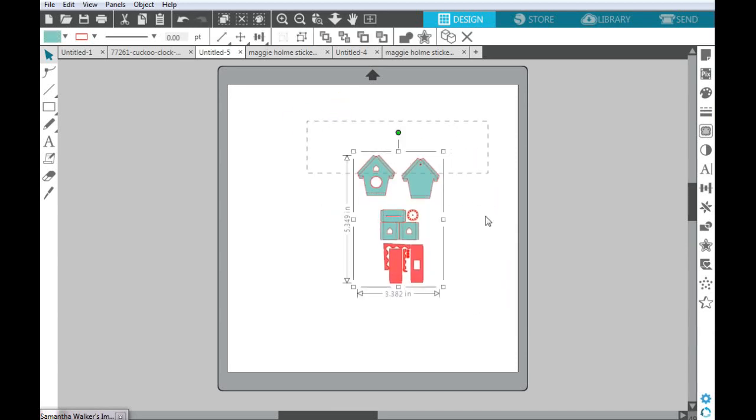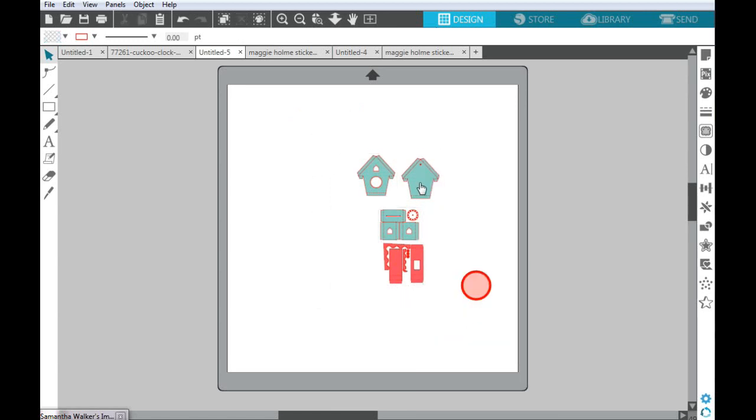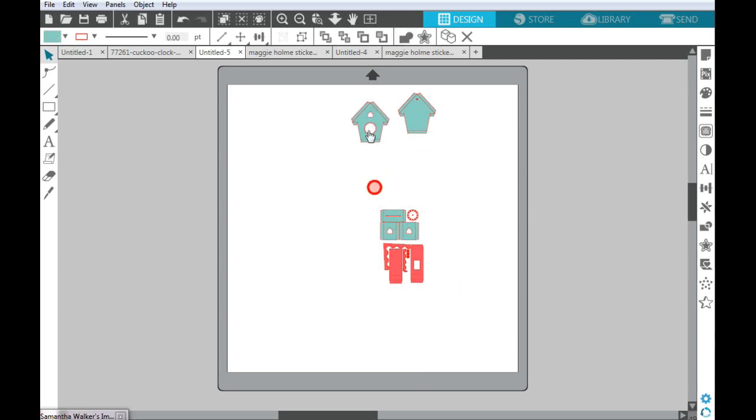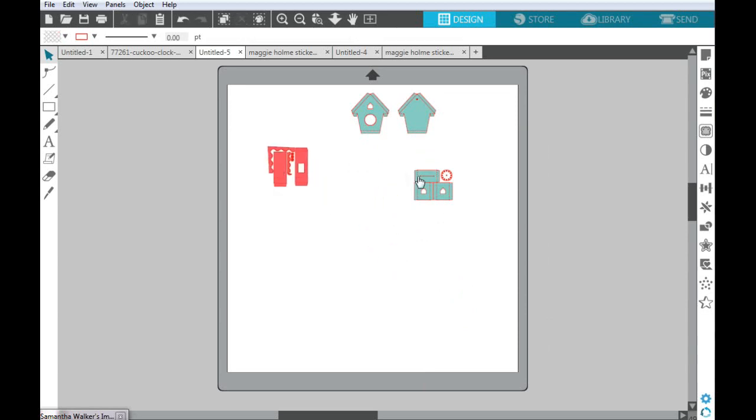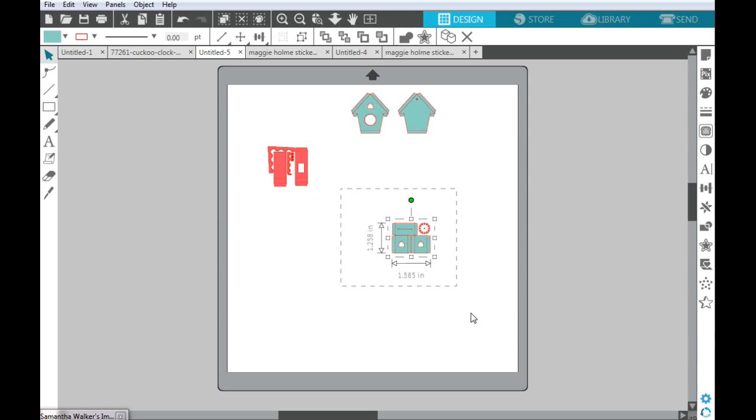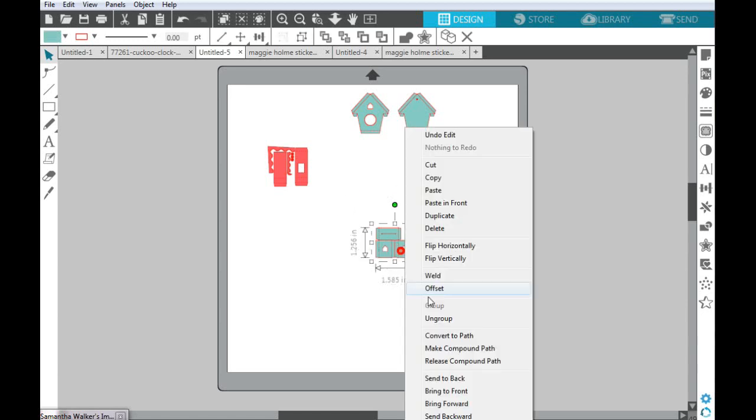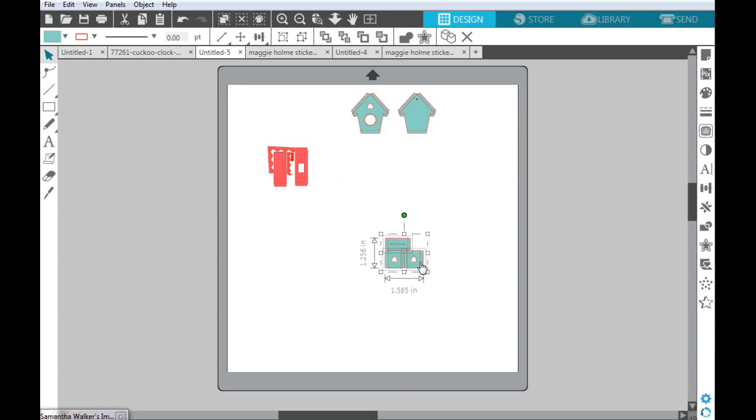I am going to select and ungroup. The little houses I'm going to leave alone, but I will delete the little dial that's on my image. I'm not going to need that. So I selected, ungroup, and delete the little image that I didn't need. So I'm going to ungroup these images as well. So I'm going to arrange them